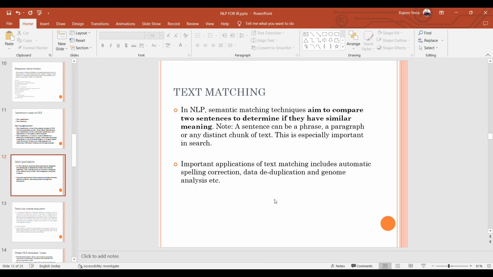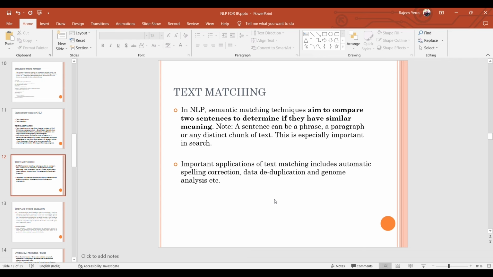So, text matching in NLP. The matching technique aims to compare two sentences to determine if they have a similar meaning. A sentence can be a phrase, a paragraph, or any distinct chunk of text. It is essentially important in search. Important applications of text matching include automatic spell correction, data deduplication, and a lot of others.